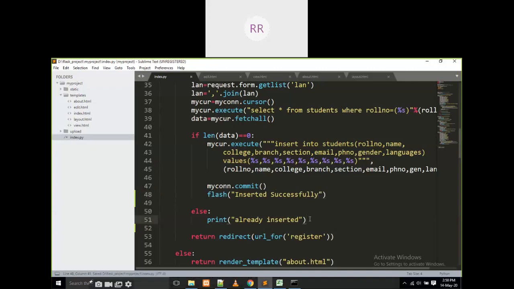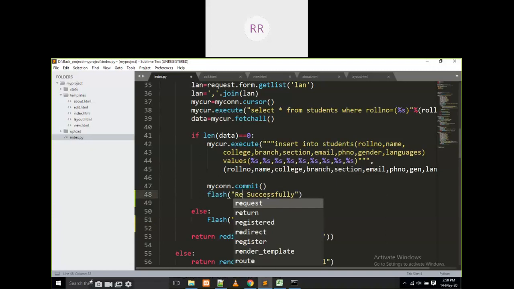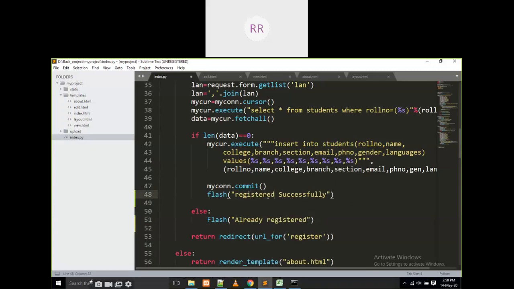Instead of this printing, we are going to write a flash. Flash already registered. Flash registered successfully, not inserted. Registered successfully. Okay, yes, that is done.